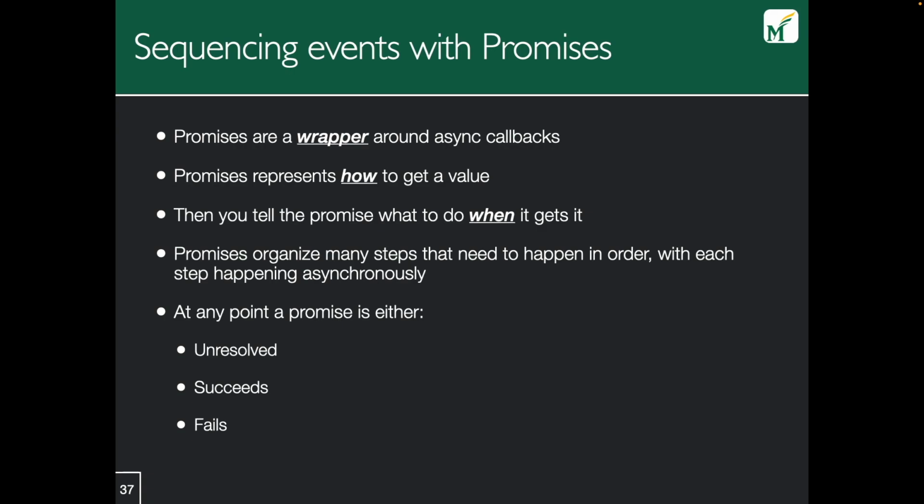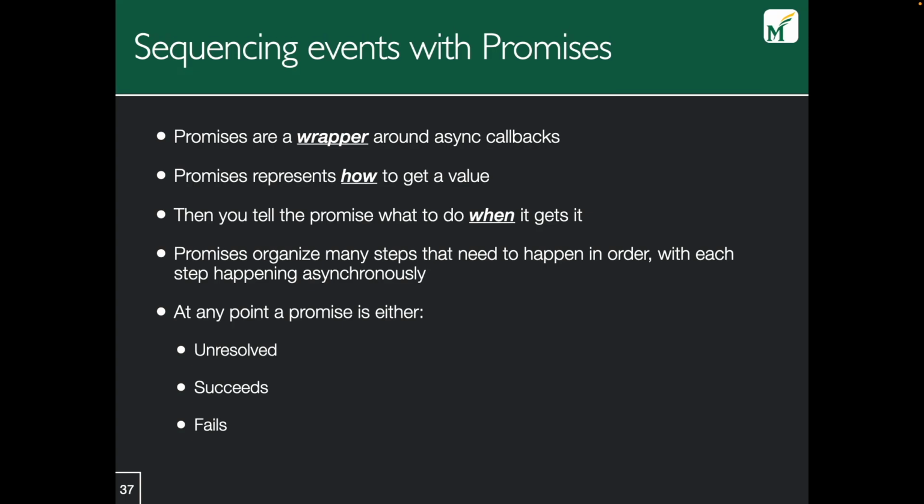So this is where our first JavaScript language construct comes in. And this construct is something that's known as a promise, which I've always thought was an interesting name for this, but it's an apt name, I think. So basically what promises are is they're a wrapper around any asynchronous call. So you make an asynchronous call, you can essentially wrap this in a promise,